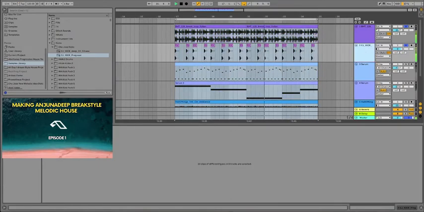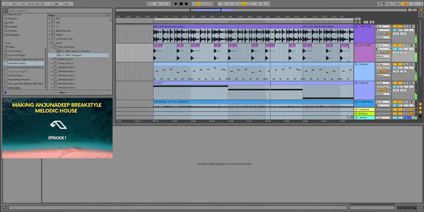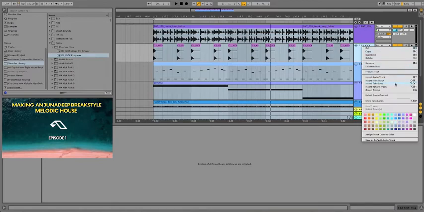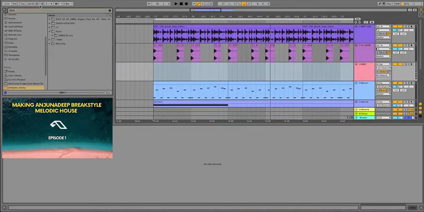It's just to get an idea of how this actually sounds together. Okay, I think it might work, but we need to do some work on it. One might just insert a MIDI track and actually do a drum rack in here.